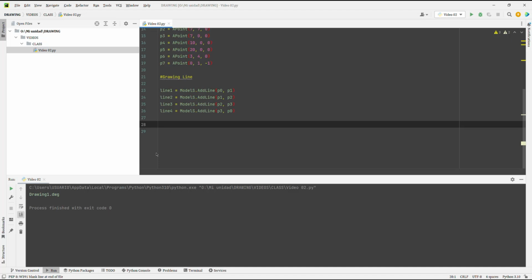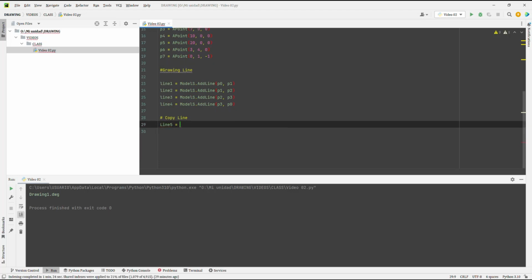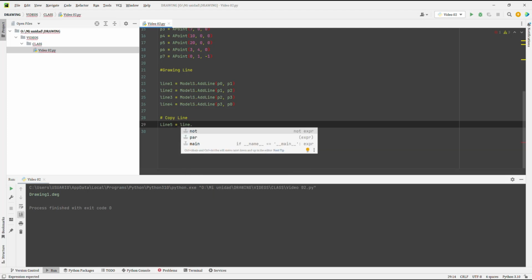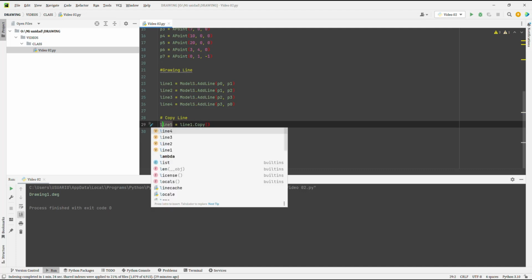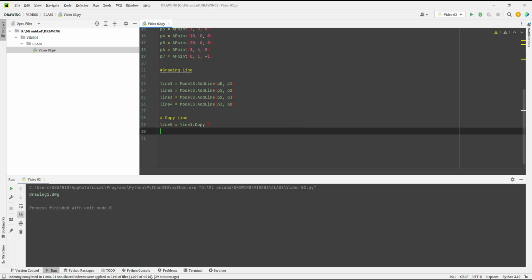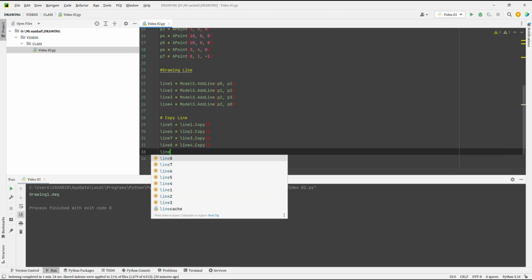The first properties we're going to look at are how to copy and move lines from Python. The procedure is similar to what we saw in the previous video with the points. To create a copy, we'll define a variable called line5, which will be the copy of line1. We copy this line of code to create copies of the other lines. As you might be guessing, we are creating a copy of the square.